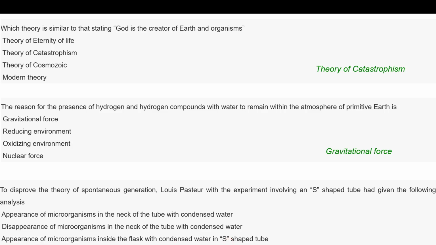And no growth in the flask after breaking S tube. No, after breaking the S tube, it eventually gave access to microbes, and the sterile broth did show microbial growth. Okay, so the correct option will be appearance of microbes in the neck of the tube, not in the sterile broth with condensed water. Okay,